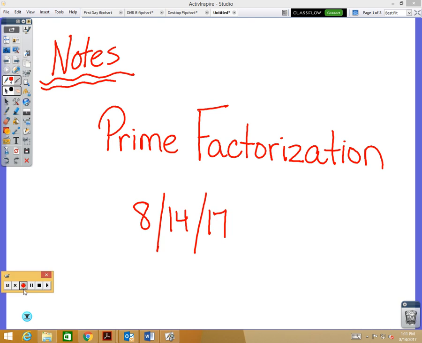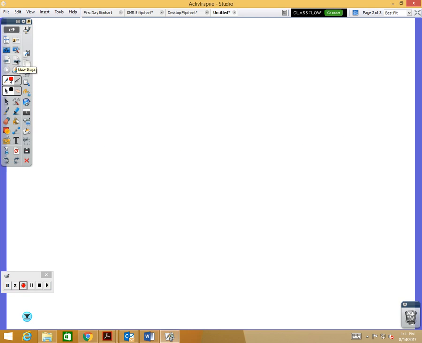All right, so prime factorization. In order to be able to do prime factorization, we need to know what the prime numbers are and what the composite numbers are. So let's first start off writing in our notes that all natural numbers,